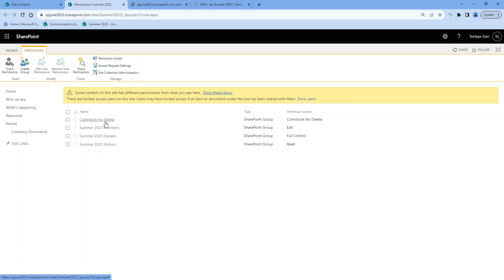So I have Contribute, No Delete, Summer 23 Members, these three Owners, and Visitors. Those are the SharePoint groups. So there are SharePoint groups and there are Office 365 groups. And in Power Apps, if you are told to do something like, if a user is in this group, don't show this,